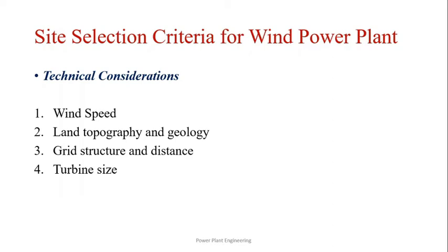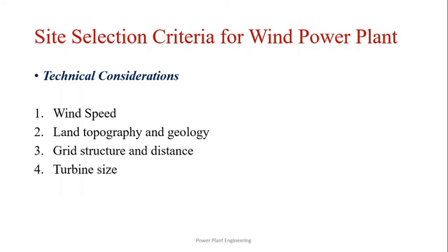Second, land topography and geology. Wind farms typically need large lands. Topography and prevailing wind conditions determine turbine placement and spacing within a wind farm. In flat areas where there is nothing to interfere with the wind flow, at least 2600 to 6000 square meters per megawatt may be required. Wind turbines are usually sited on farms that have a slope smaller than 10 to 20%.